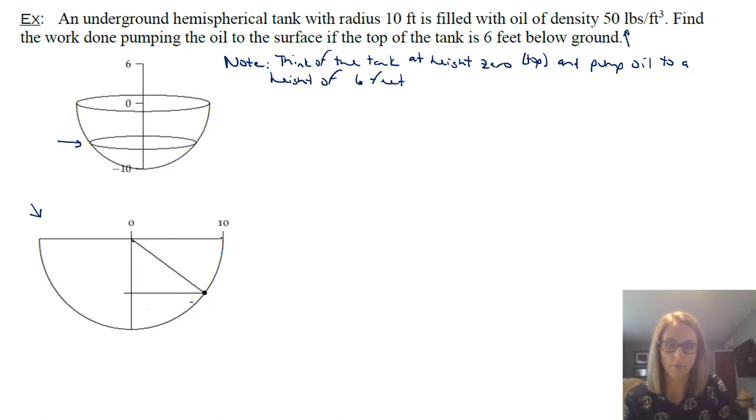The radius of this tank, you can see, is going to be 10 because we're told that. So that's what this is here. And then you'll recognize that that's also what this is here because it's the radius of the tank, which is from the center down to any side. So what we're going to do is we're going to make this distance here x.